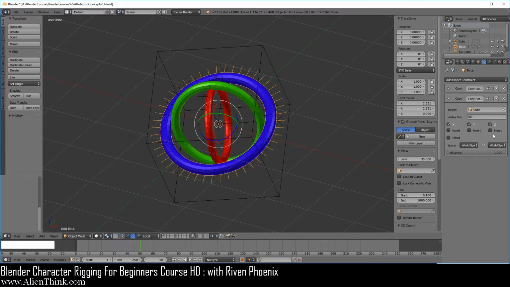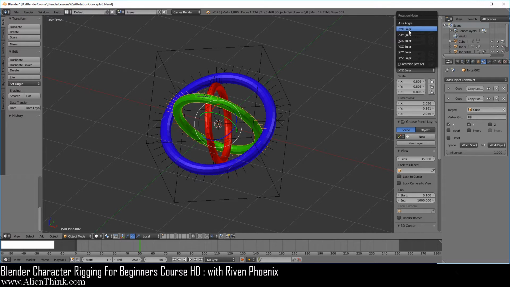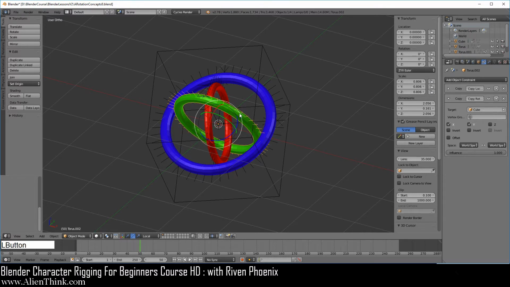Otherwise the copy rotation is not going to behave correctly the way we want it to. So now we're going to click on this Y ring and of course flip these, right? Because now the X is global. So we're going to click on X and turn this off. And of course we have to switch this to ZYX. You can see how this impacts the Y ring, just changing it.